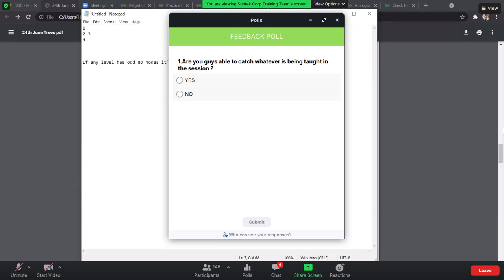Okay, so do you know how to traverse in level order? The level order traversal, we need to make use of it every time. There are various instances where you need to make use of it.